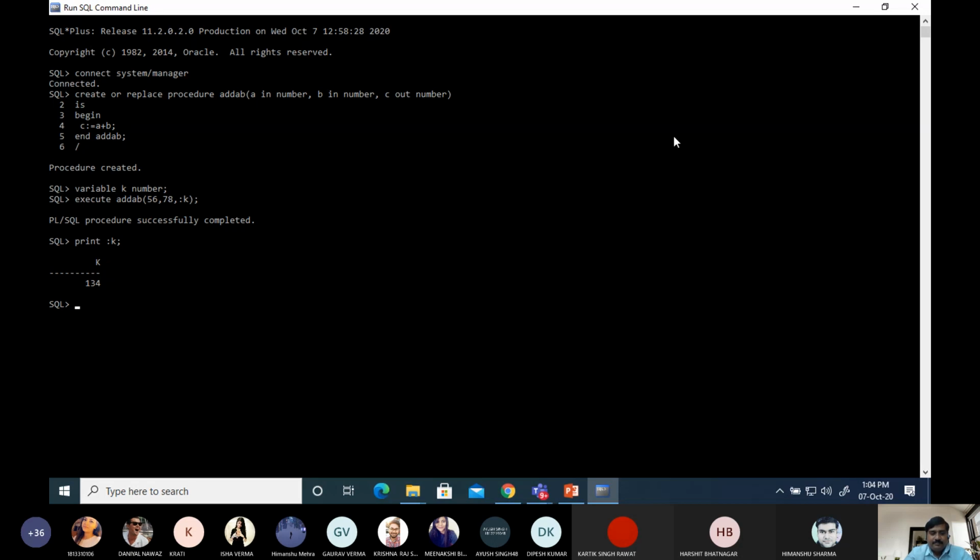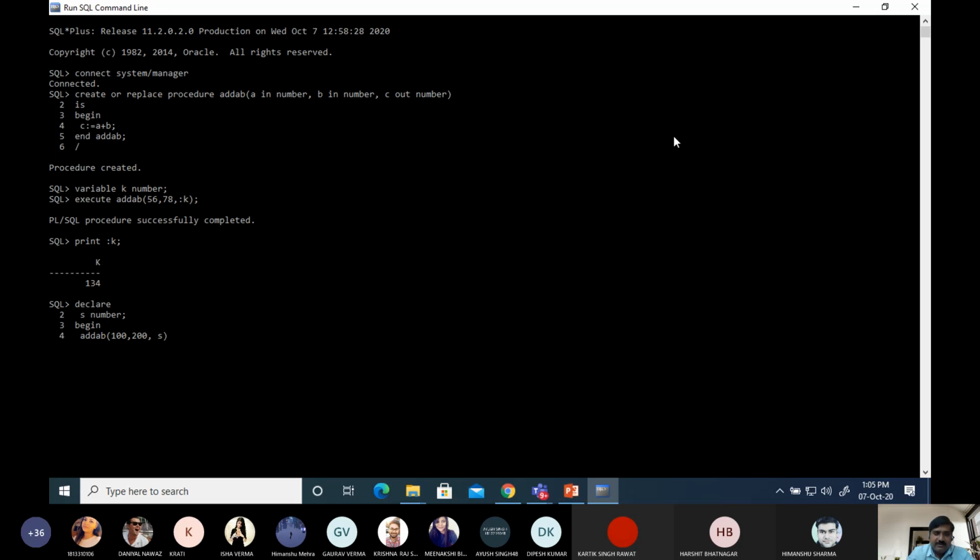For that we have to declare a variable S, and S is also a number type, and then in executable section we call procedure by its name add AB, and then we will pass 100, 200, and third is s.